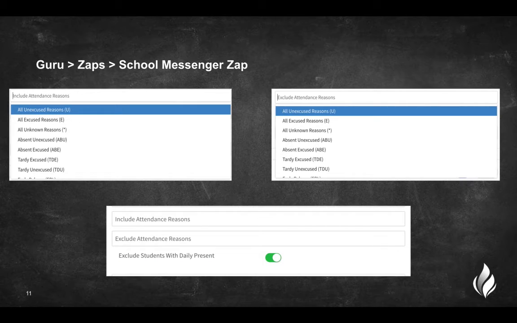We've also put validation in the filter setup so that if you include and exclude the same reason, we will prompt you and have you correct the setup before saving. We've also added the option to toggle back and forth between excluding students with daily present. This will allow you to turn this on and off. This will provide more parity in the School Messengers app